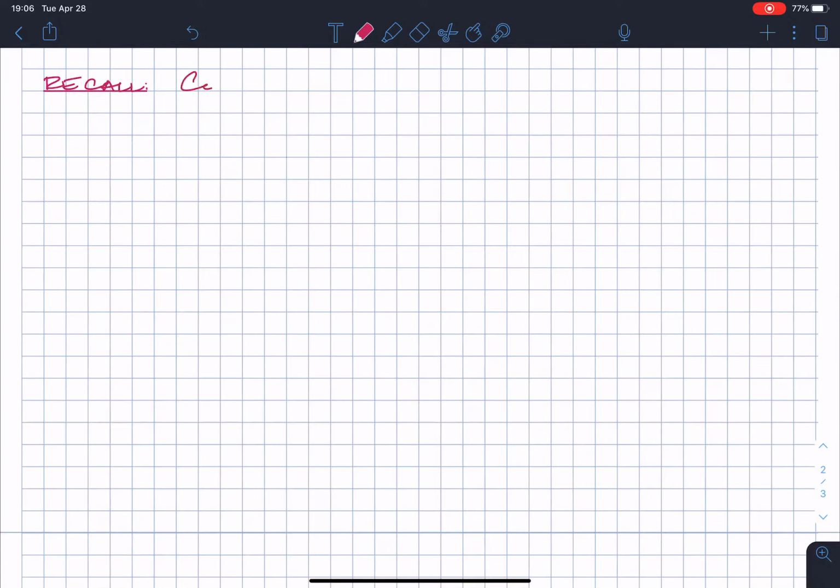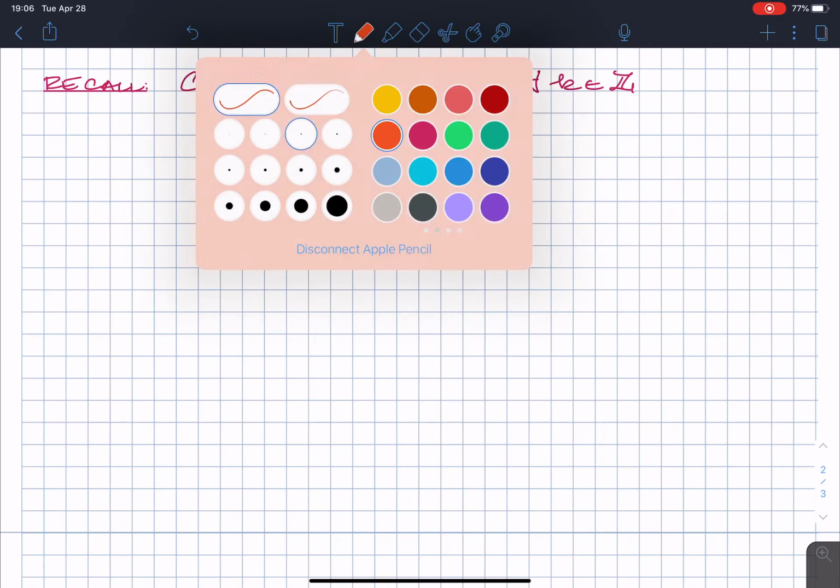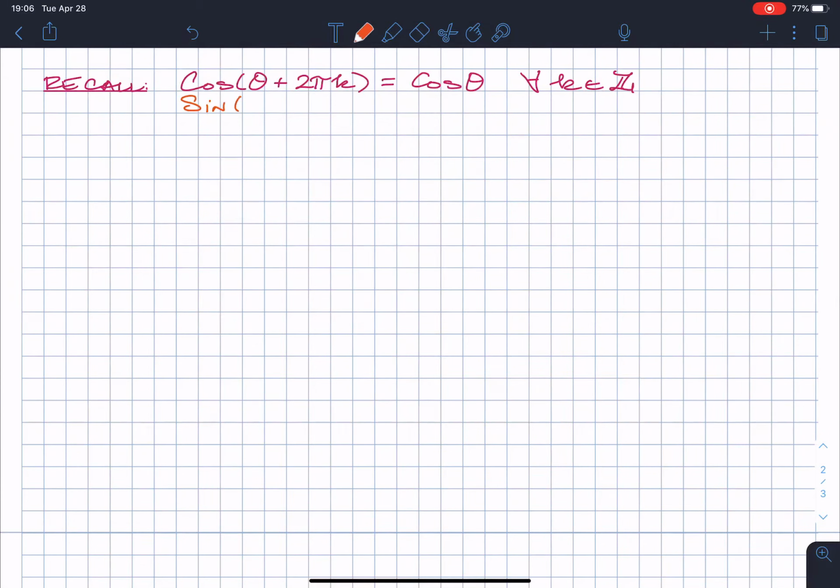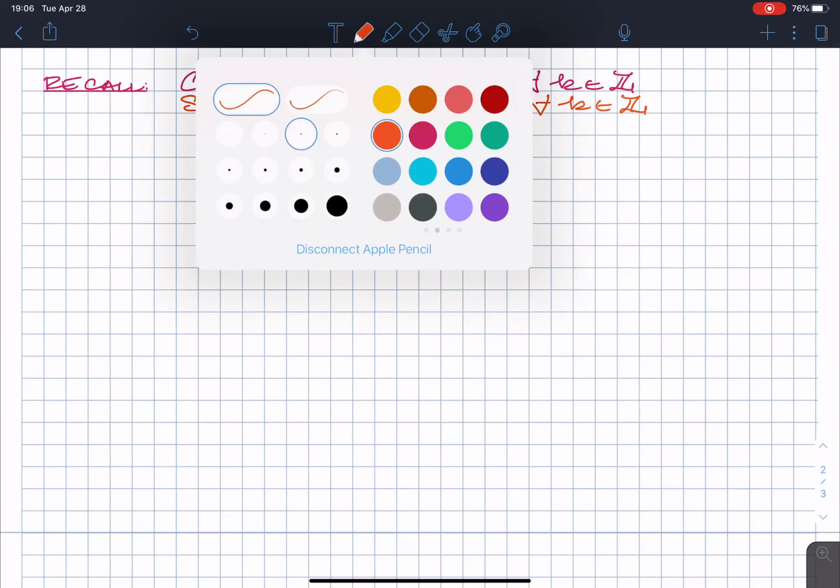that if I have cosine of theta plus 2 pi times any integer k, this is the same as cosine of theta, because for all integers k, if I go 2 pi, which is full circle, I come right back to where I am on the unit circle. And the same holds true for sine. So sine of an angle theta plus any integer multiple of a full revolution, that is 2 pi, is just sine of theta, right? Because I've gone full circle on the unit circle, I've come right back to where I am. Okay, so let's consider